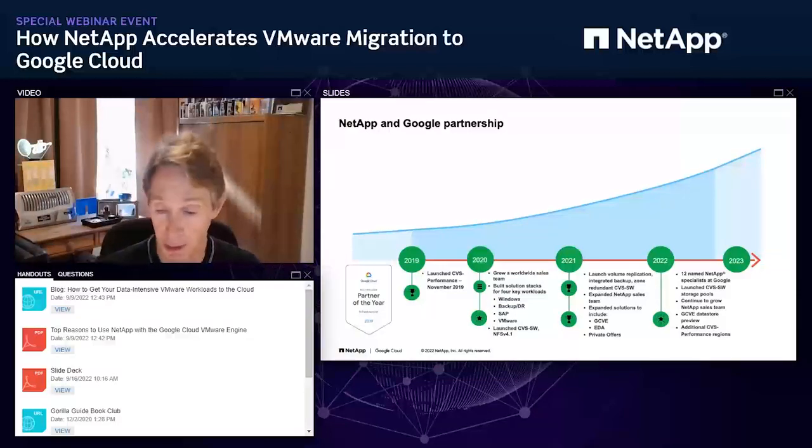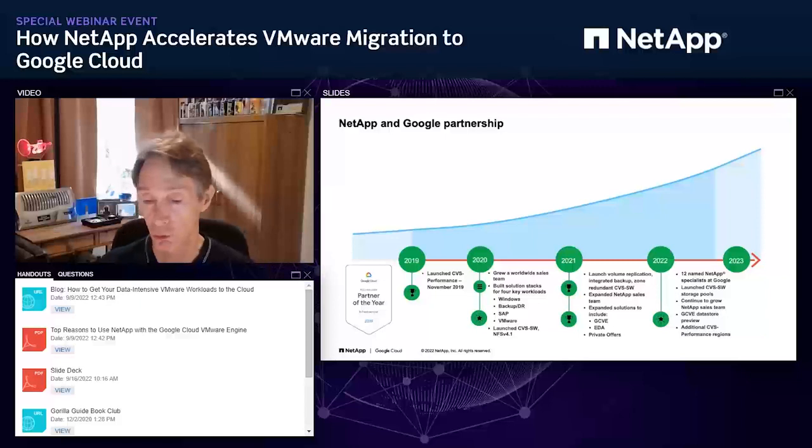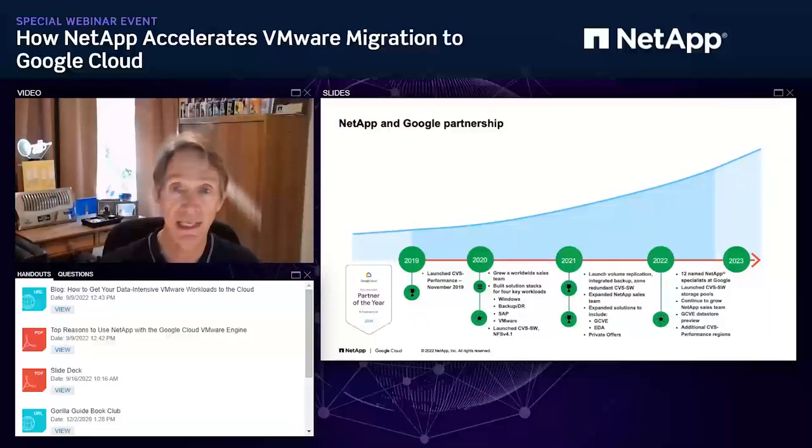We always encrypt your data when it's stored in CVS, but this gives you the option to wrap our encryption with your own encrypted keys. So that's a cool feature that we added. It's currently in preview with a hardware-based service. And like I said, I've been working with the GCVE team for almost 2 years now to bring this combined